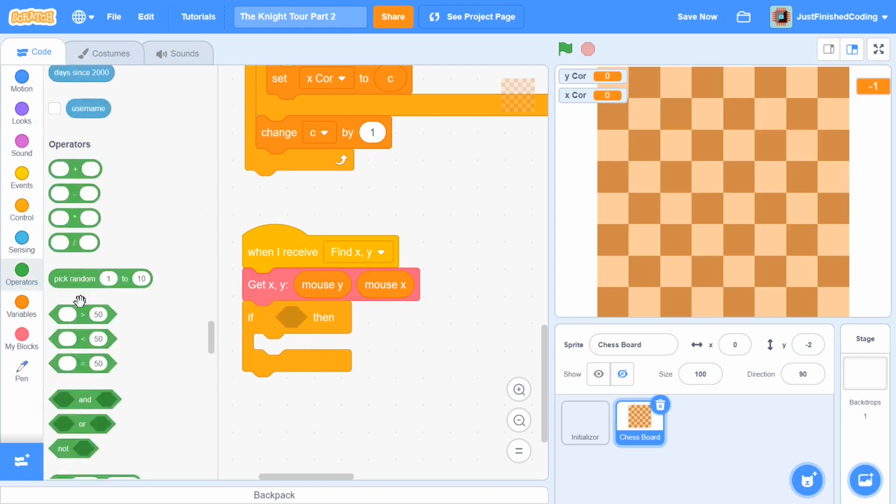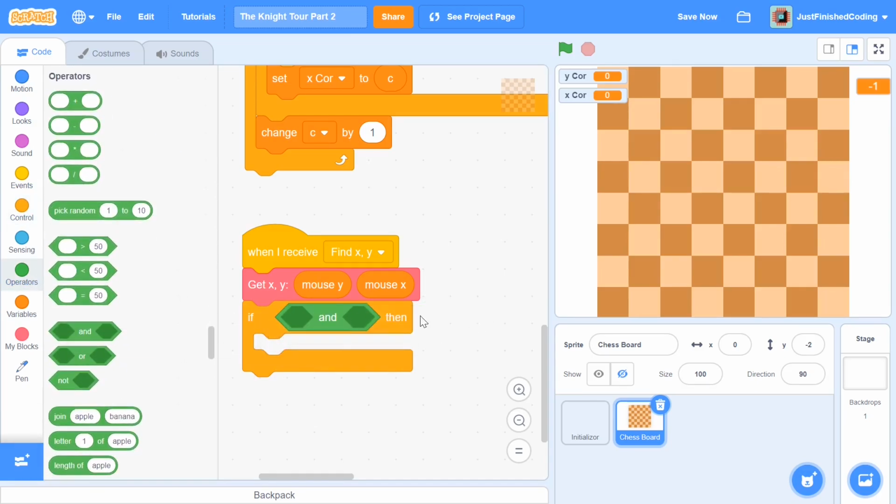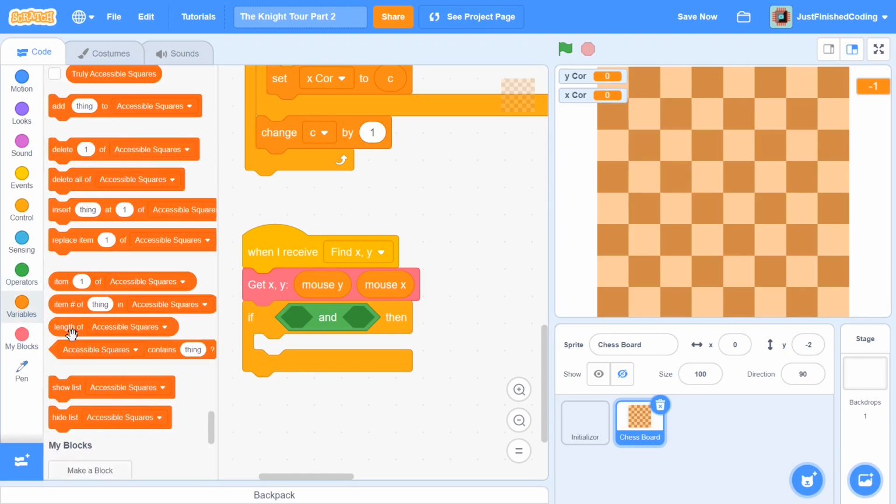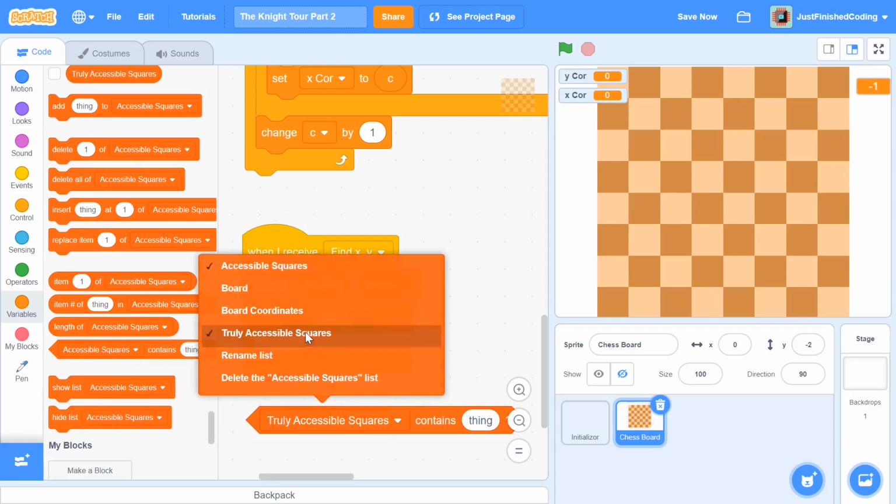Actually, we're going to check for two conditions, and the second one is going to be based on that prelim variable which we set all the way back, but I'm not going to get into that too much for now. So I'm going to say if, and now head over to variables within our list. Now you can see this block of code which says if accessible squares contains thing, and we want to change that to be truly accessible squares.